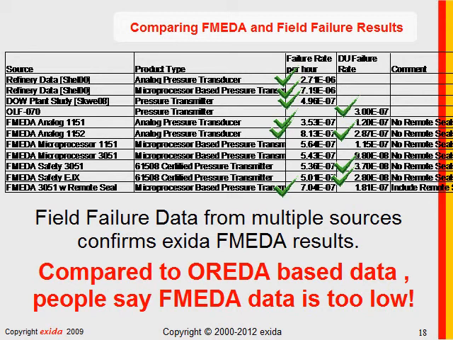I find that to be completely consistent and logical. Field failure data typically is not available on a new product for many years, and so obviously the OREDA data is based on technologies that are many years old. The other thing is field failure data often does not include an indication as to whether the failure was detected by an automatic diagnostic or by a proof test or some other mechanism. And so there's no real way to separate the dangerous detected from the dangerous undetected in most field failure data systems. So I find this data to be overall quite comparable,